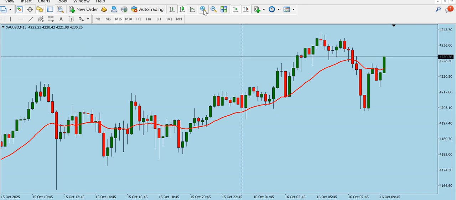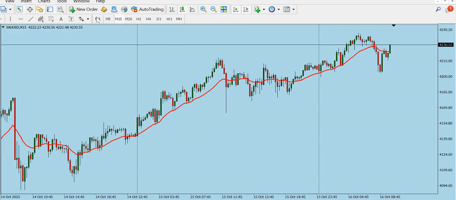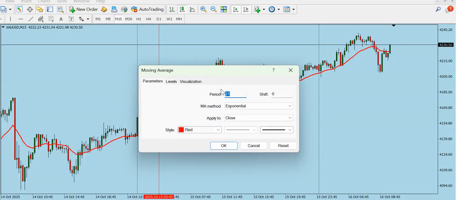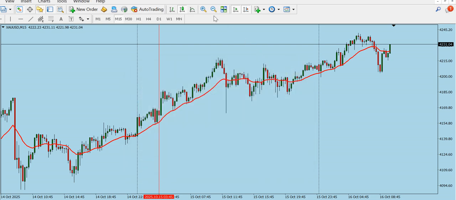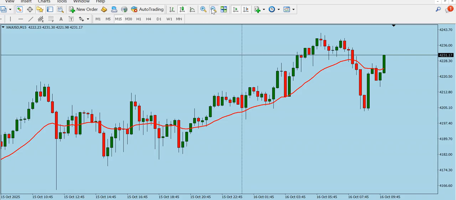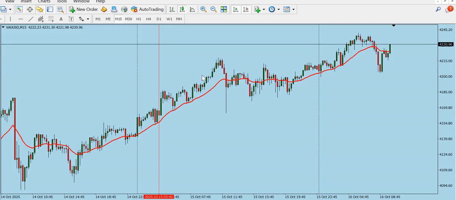So on the screen, I have the 15 minutes chart, and in line with the strategy, I need to put the 21 EMA indicator on the chart. The 21 exponential moving average, colored red, is on the chart. It is the only indicator that will be used for this strategy. And I'll put some vertical lines,